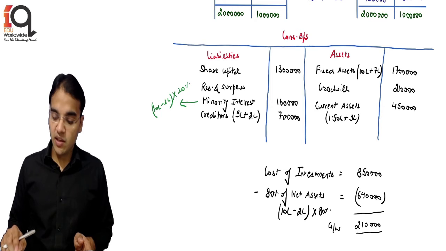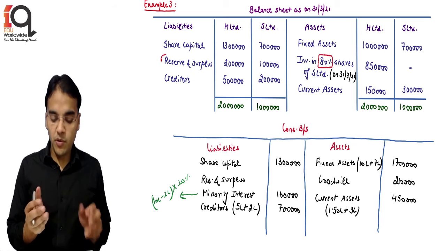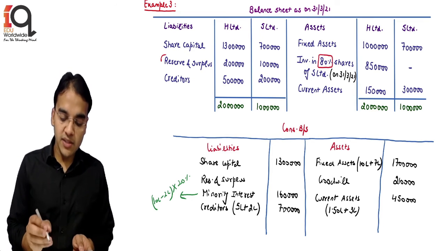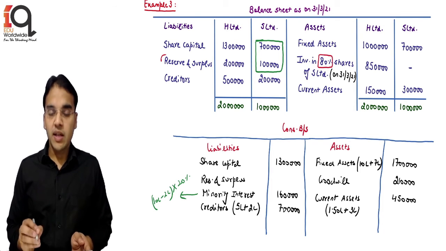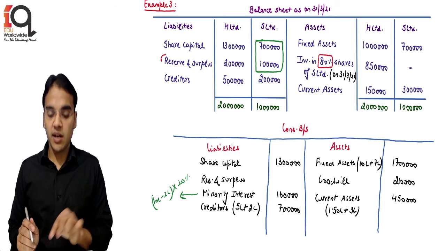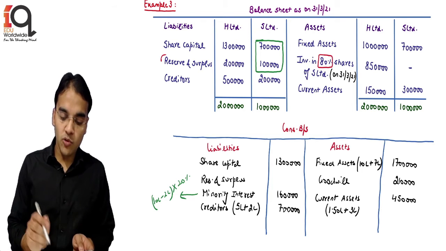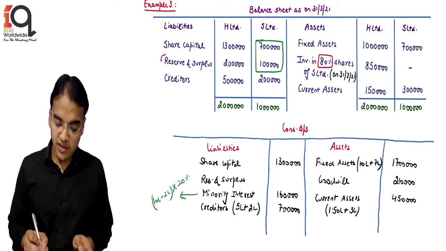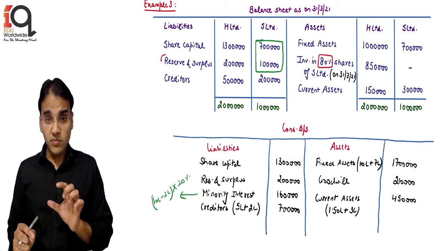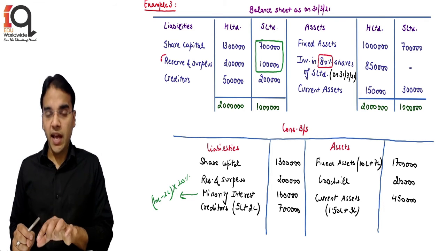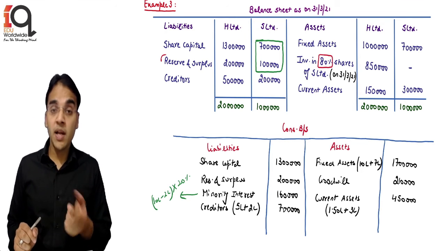Now reserve and surplus, obviously we are not putting the share capital also of the S Limited. Obviously because share capital and reserve and surplus is nothing but the other way of looking at the net assets. Because student, if you will see, the net assets are nothing but fixed asset plus current asset minus creditors, or you can say share capital plus reserve and surplus. So this will not come, only holding companies reserve and surplus will come here, that is 2 lakh. Because one way of looking at the net assets is assets minus outsider liabilities. The other way of looking at the same is share capital plus reserve and surplus.